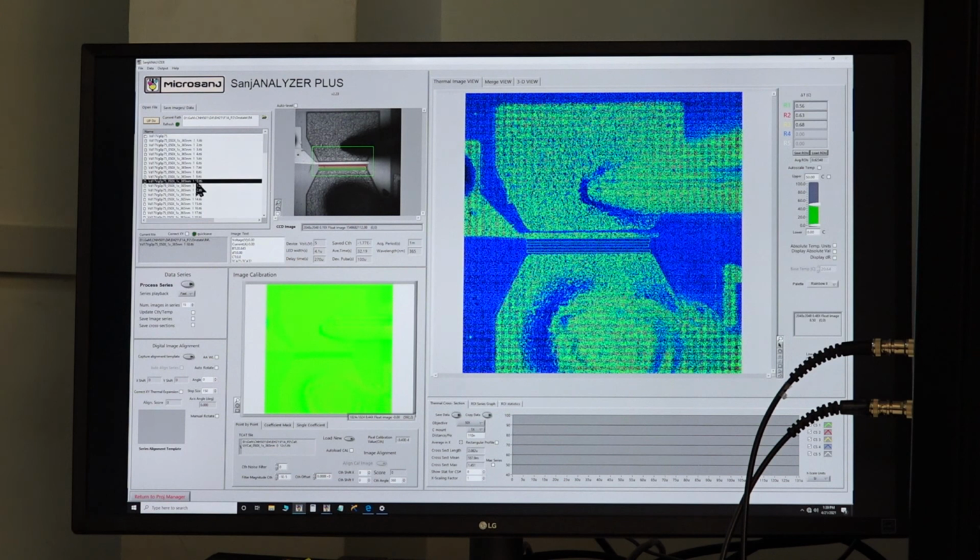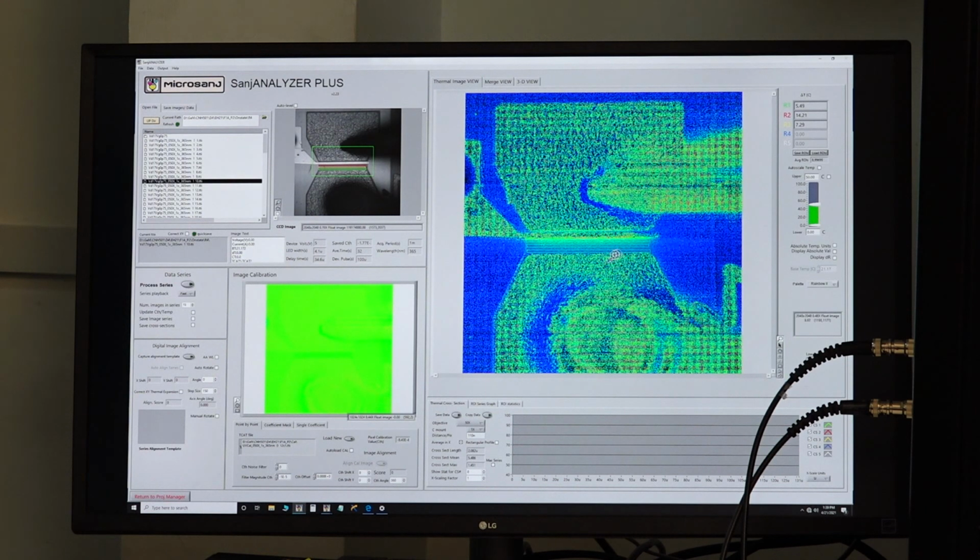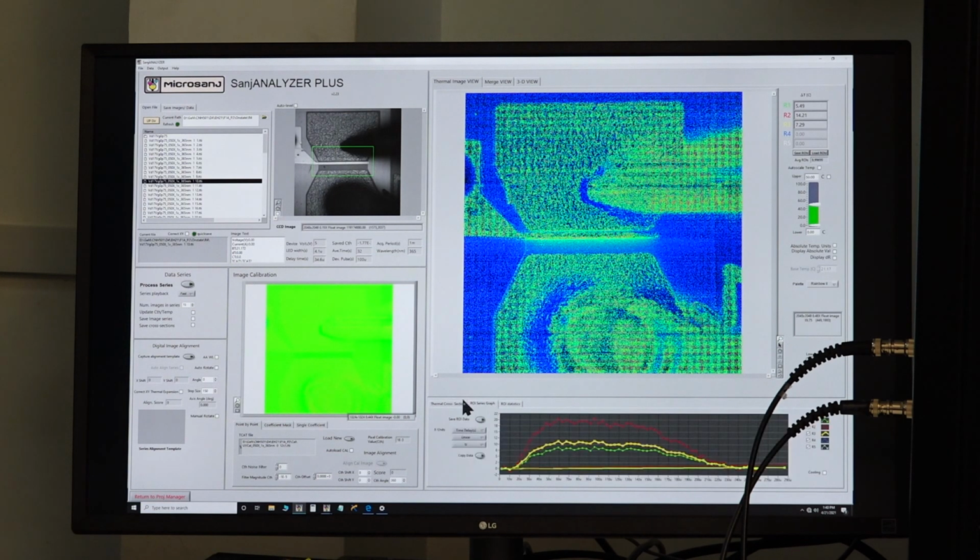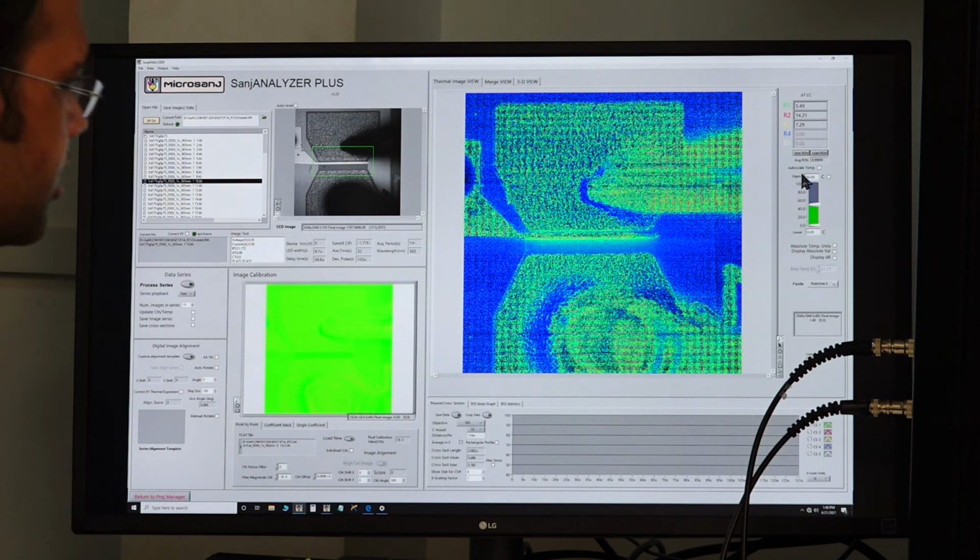For example, let us say we select, let's clear all. If you want to clear all the regions of interest, we have to right click and then clear ROI. We go to thermal cross section, and then in the thermal cross section we can select regions in which we want variation in terms of space, x, y. In the ROI series graph, we got it in terms of time. In this thermal cross section, we'll get it in terms of position.